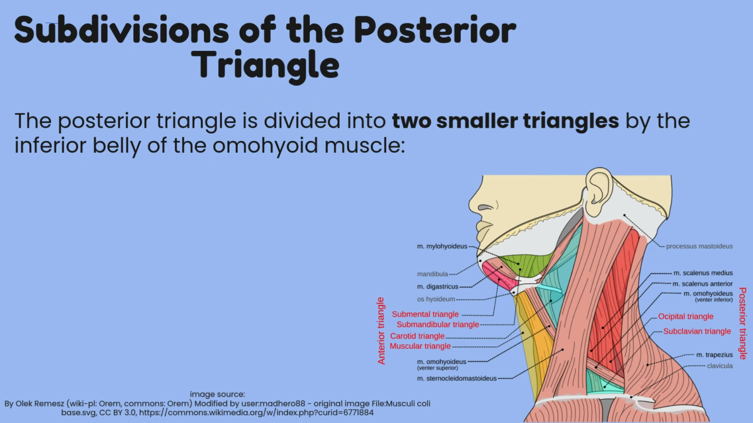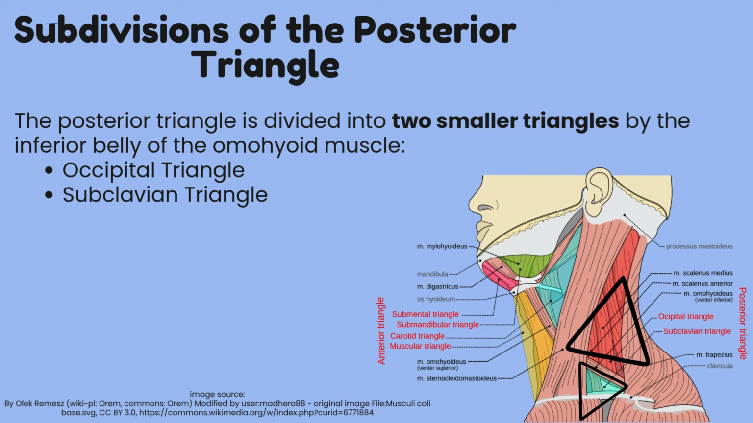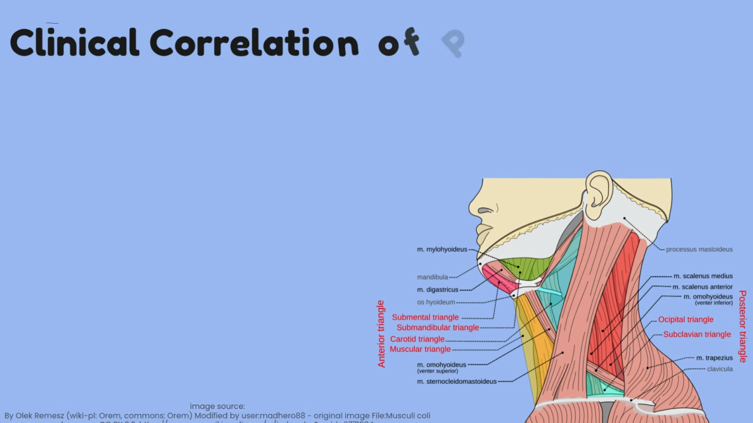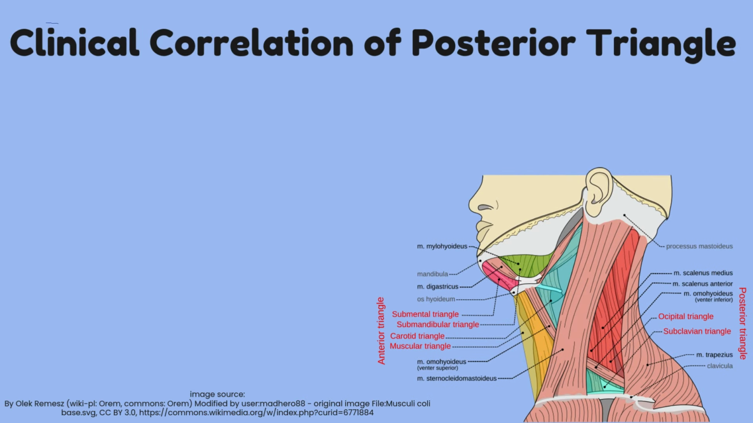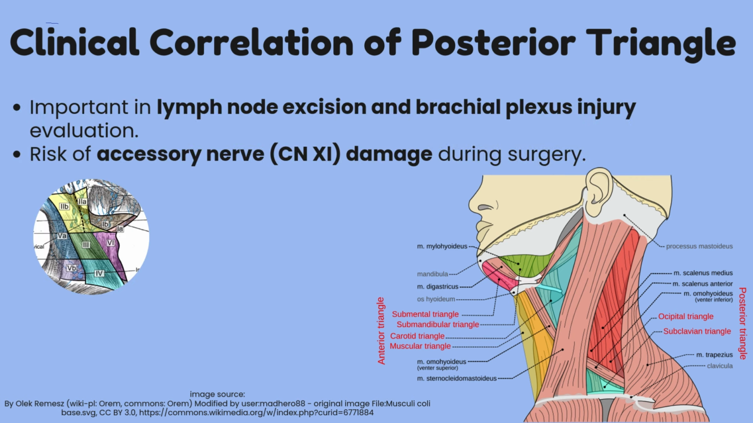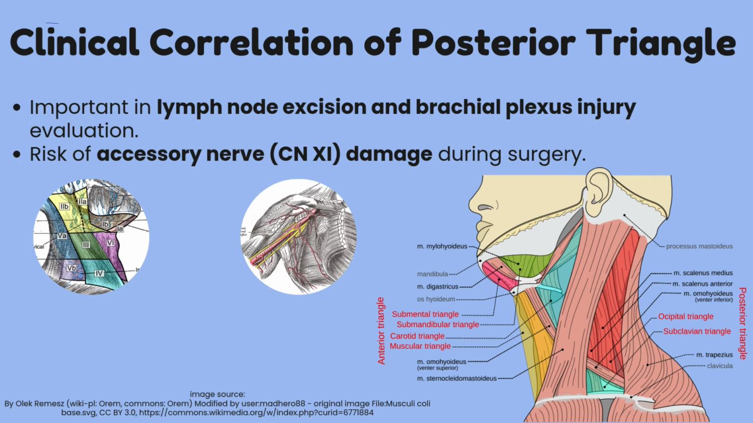The posterior triangle is further divided into 2 smaller triangles by the inferior belly of the omohyoid muscle: the occipital triangle and the subclavian triangle. What is the clinical correlation of the posterior triangle? It is important in lymph node excision and brachial plexus injury evaluation. It has a risk of accessory nerve damage during surgery,